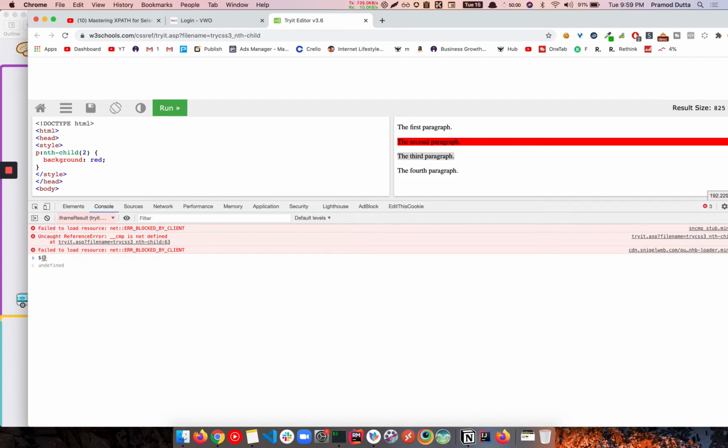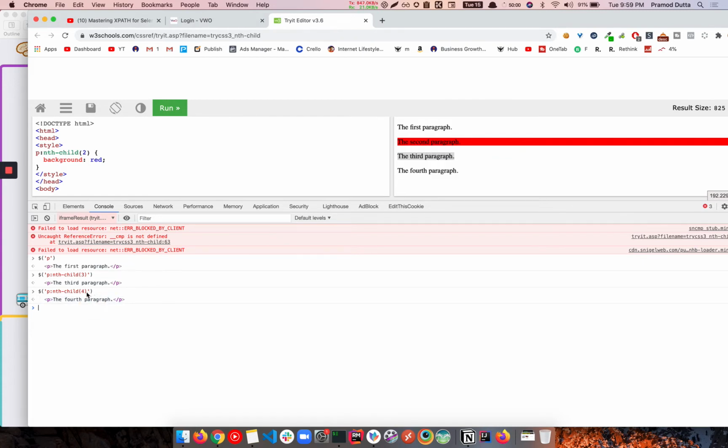So dollar is generally used for CSS selector, right? And right now if you see I am in iframe, right? So if I do P, I'll be able to find the first element, right? But the problem here is I don't want first element. I want the second, third element. So I can use nth, it's nth child, right? And I'm mentioning third, right? So if I mention third, it will print third. If I mention fourth, it will basically use fourth.